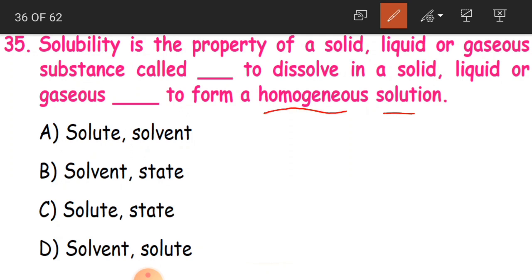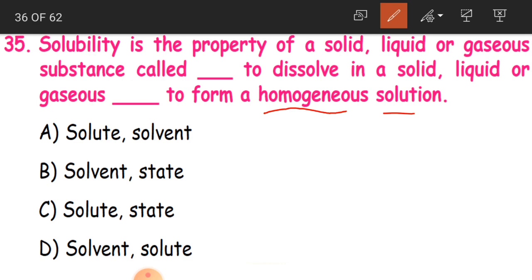Okay, children. So solubility in the sense what? Which are able to dissolve. Okay, so it may be in a solid form, liquid form or a gaseous form. So solubility is the property of a solid, liquid or gaseous substance called dash to dissolve in